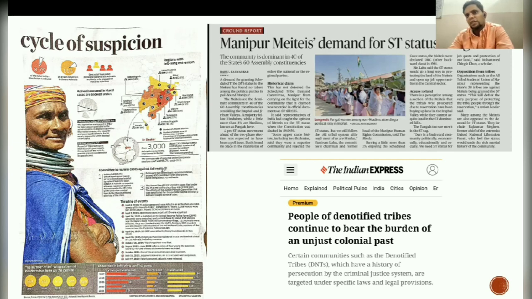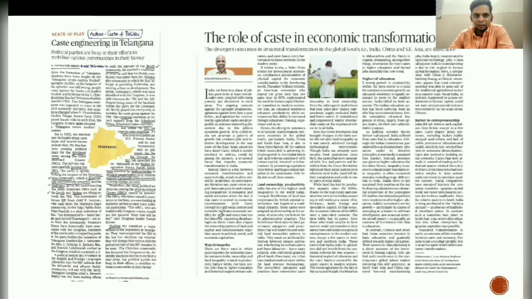You can make them examples, you can make them case studies. If it's an example, you probably want to just mention it in 1 or 2 lines. When it's a case study, you could probably give it a little more detail. It really depends on the number of marks that is there and how much you want to highlight that particular aspect. So caste engineering in Telangana, how political parties are trying to woo different groups. So casteization of politics or politicization of caste that we talk about, right?